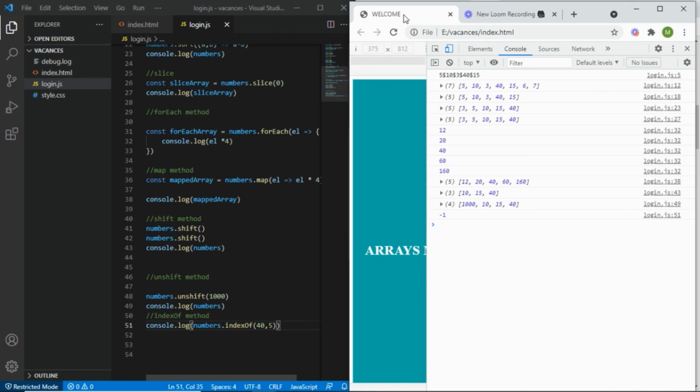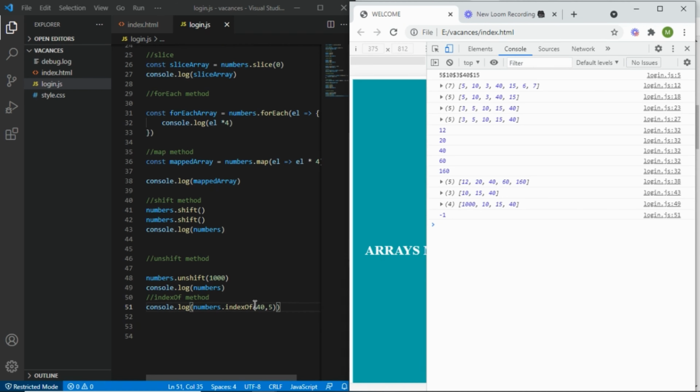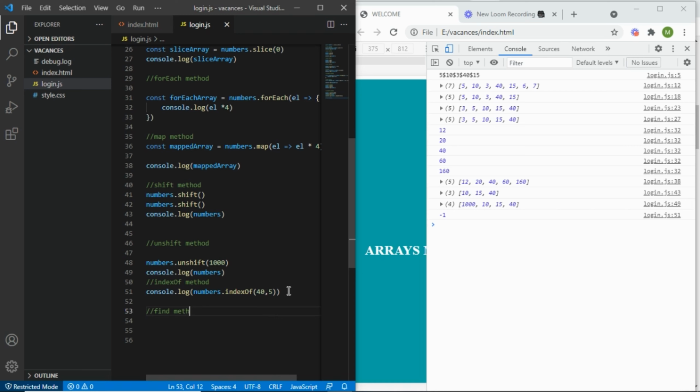Okay, let's talk about another method, and this is going to be the find method. This method goes through your entire array trying to find one element matching your search. If it finds one element, it returns that element. If there is no element matching, it returns undefined. Let me quickly prove that to you by trying to search for numbers in our array. I'll store that in a constant, and I'll say constant